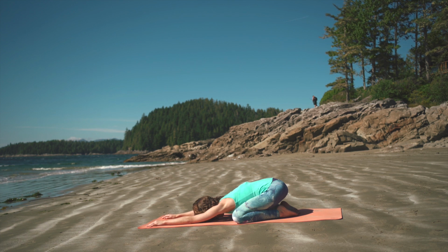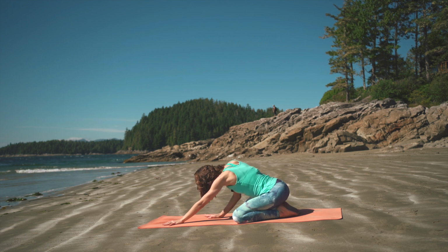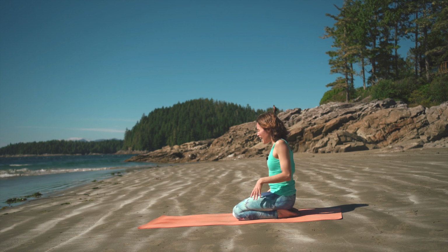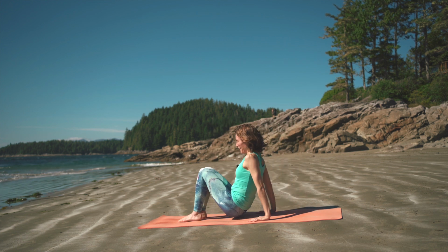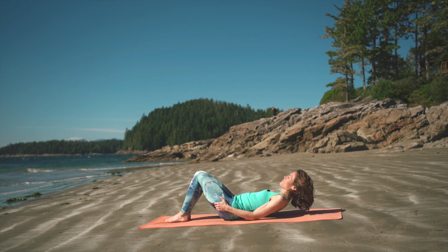Good. Take a deep breath in. Exhale out. Just allowing the forehead to fall heavy. Deep breath in. And exhale out. Good. Gently roll yourself up, pressing your palms down into the earth. And now let's make our way down onto our backs for a final little deep stretch